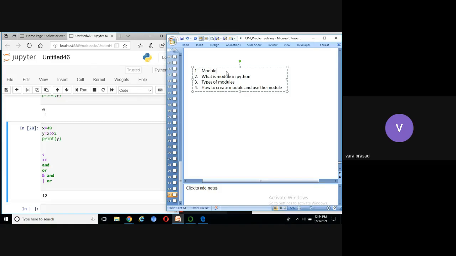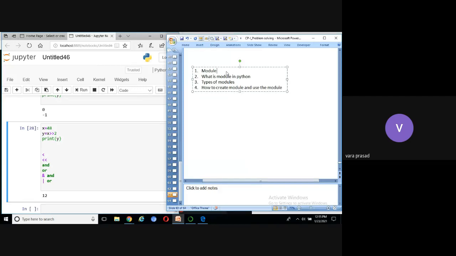.py is a Python program file. What is .pyc? Bytecode. Python compiled code, that is called bytecode, we can say. That file contains compiled instructions. But if you take .py, it contains the regular instructions, and we need to compile it to run the code. But if you take .pyc, the file already contains the compiled instructions.